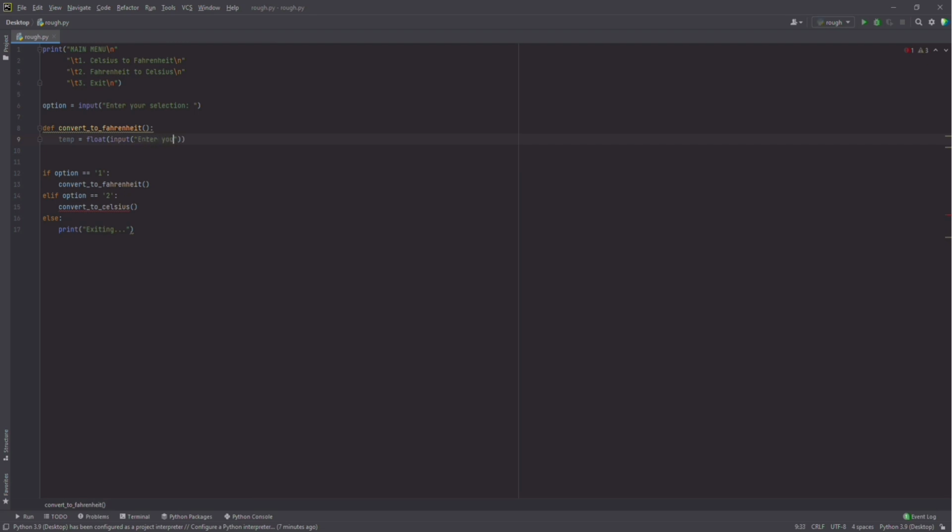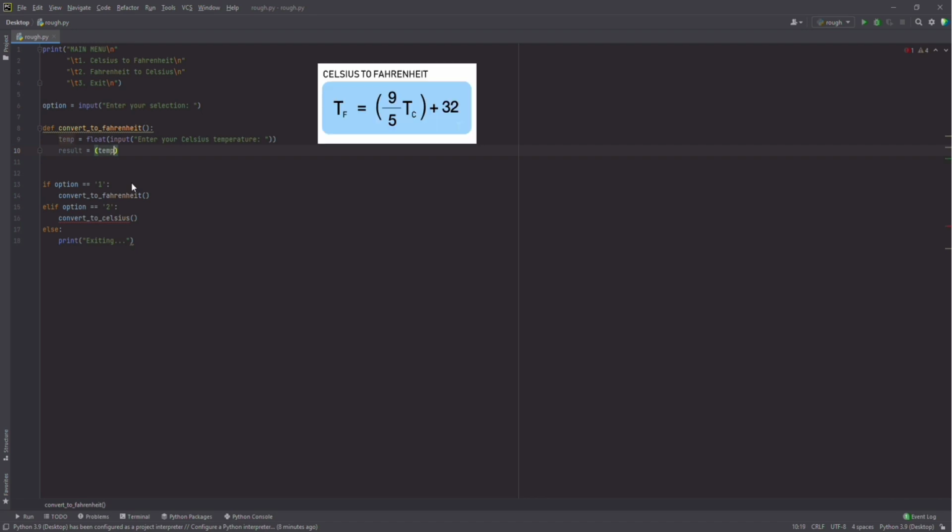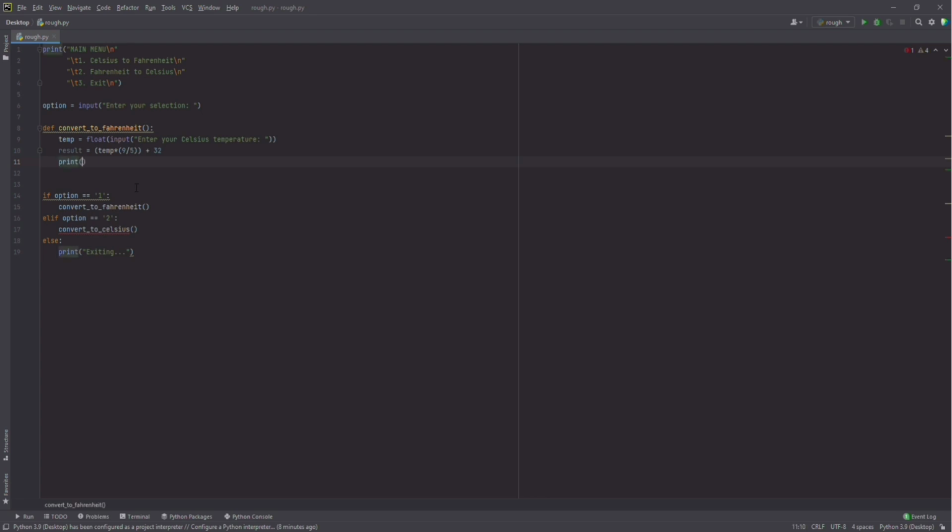enter your Celsius temperature, and then we need to calculate this and store it in a variable. I'm going to call that variable result, and the formula for converting a Celsius value to a Fahrenheit value is basically just multiply that Celsius value with the fraction 9 divided by 5, and the result is then added to 32. So this is our formula right here,